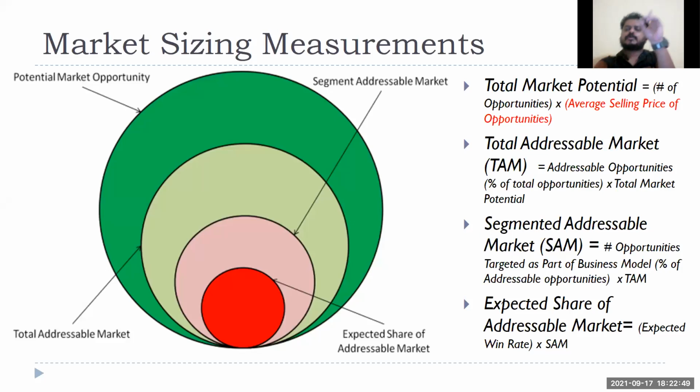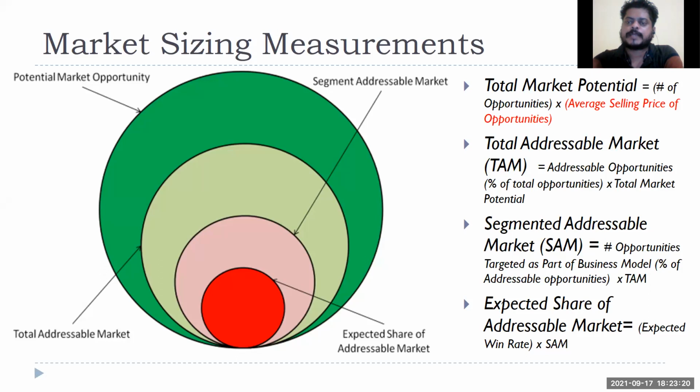So what did we start with? We started with the total number of IT companies in the world. That is the total theoretical, hypothetical market potential. I'm not looking at that. Most of the time you'll look at the total addressable market, which is how many IT companies there are in India. Let's say that is 10,000. Out of that, I'll segment them. Let's say I use location as the criterion. I started segmenting them into 4 segments, northern, southern, western, or 5 location-wise segments.